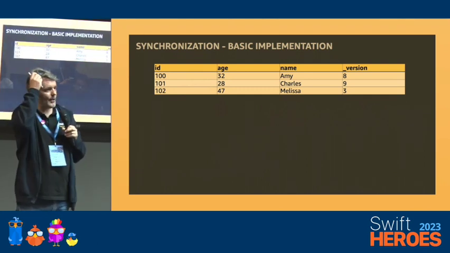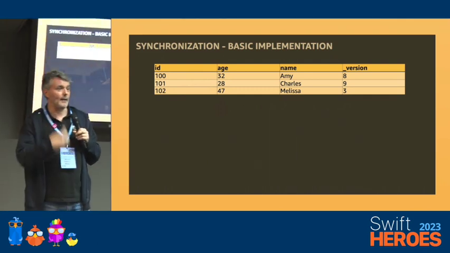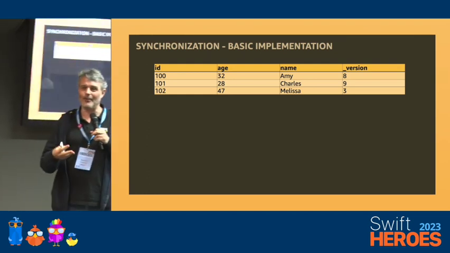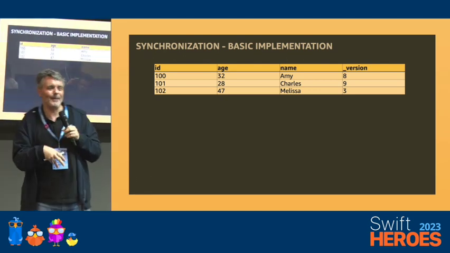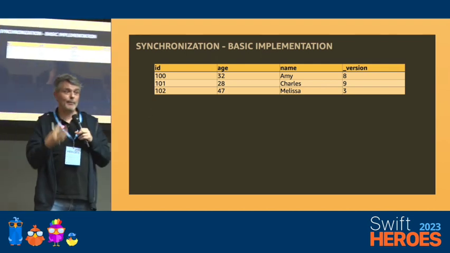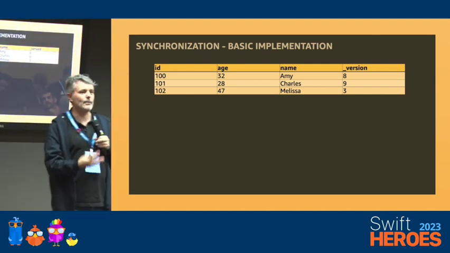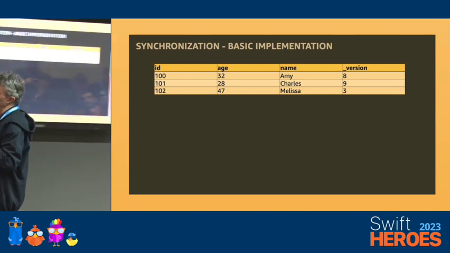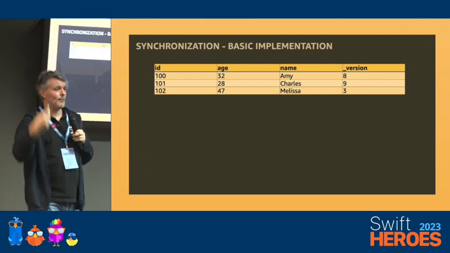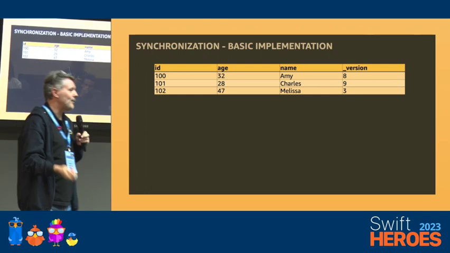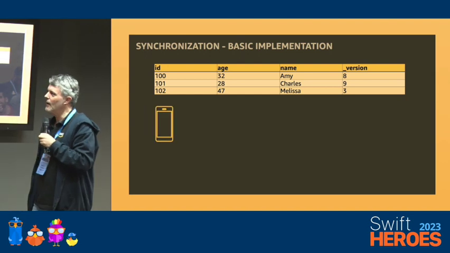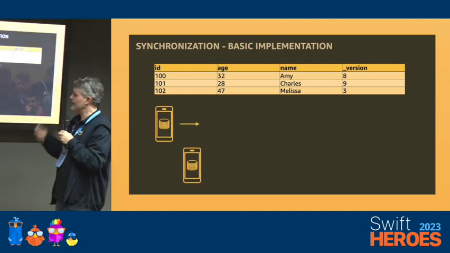How does it work with synchronization? Let's imagine that I've been offline for 2-3 days, and then I start the application again. I want to know what's happening in the world. I don't want to continue to use my old data that are stored locally on the database on the device. We make that super efficient. Again, it's transparent for you as a developer. You don't need to write any code, but what the library does under the scene, it uses the base table. But of course, reading the entire base table might be super inefficient. We might have thousands or tens of thousands of records there, so we don't want to bring the entire table back to your application. So what we do as well is to